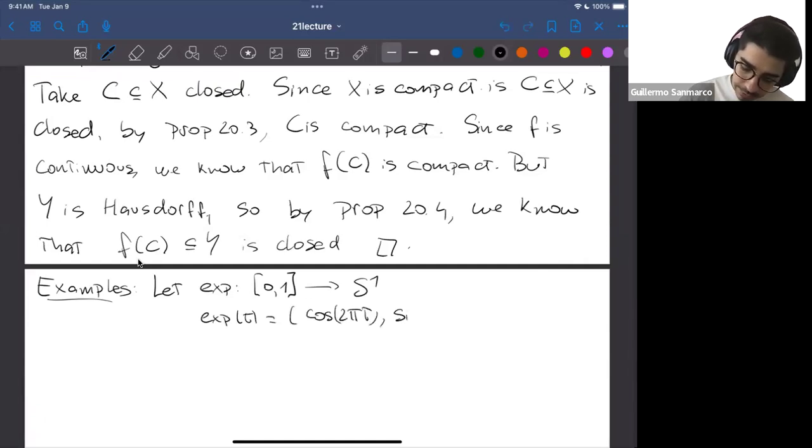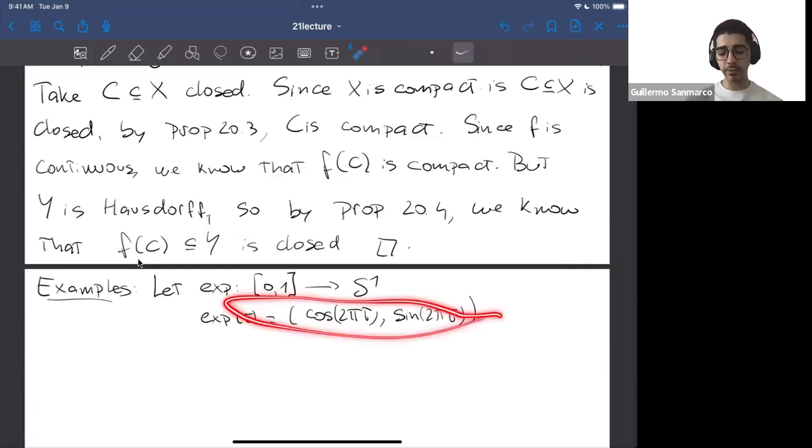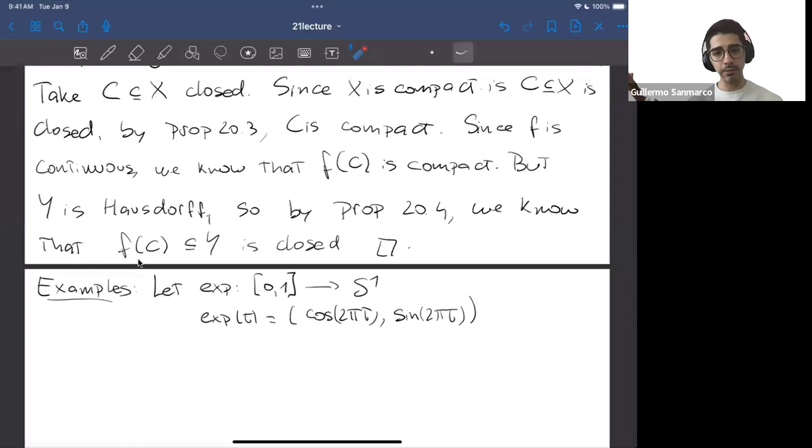Here what we are doing is just going around the circle. So this is the circle and we're going around the circle using sines and cosines. And it's called exponential because this is a complex exponential when you see S1 inside R2, which is also C. So these are the two coordinates of the complex exponential. So we have this function x. The first thing I want to mention is